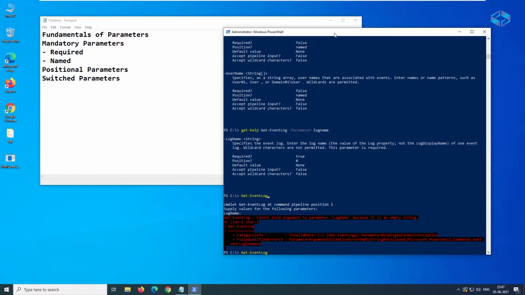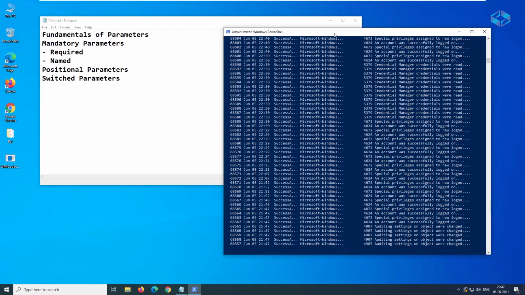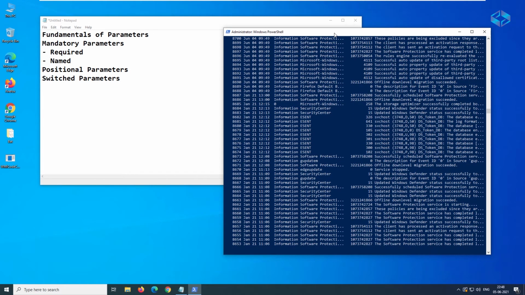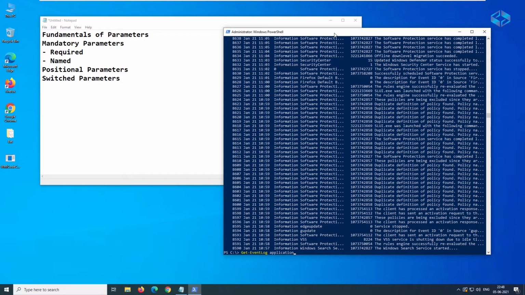So in the position, what we will give, for example, let's say security, which is actually the security log. So let's stop it and let's try for the application. It's giving all, and again we can try with the system log.